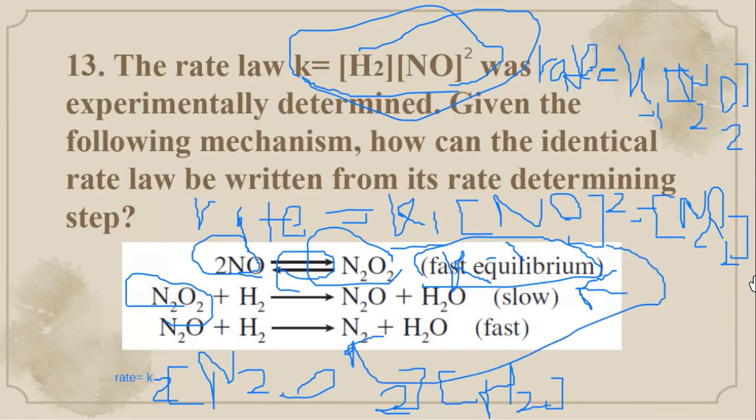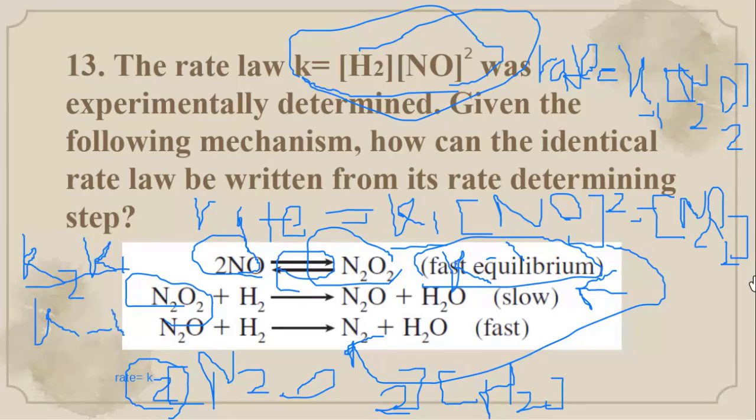So now we're going to end up getting k2. That's the k we put in front of this reaction, since it's different than the one we'll get eventually because of the intermediate, times k1, the one we had for the forward fast equilibrium, divided by k negative 1,